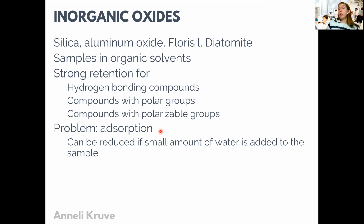So let's dig now into these different mechanisms. Inorganic oxides are mostly silica or aluminum oxide. So they are normal phase chromatography solvents. And in these cases, our sample is in organic solvents, and with this normal phase SPE we can extract the compounds which have some polarity. So our solvent should not have any polarity to not compete with our analytes, but the compounds should have some polarity to interact with the